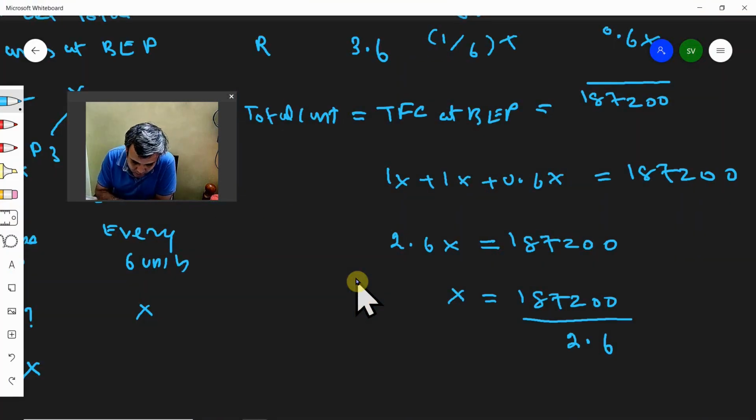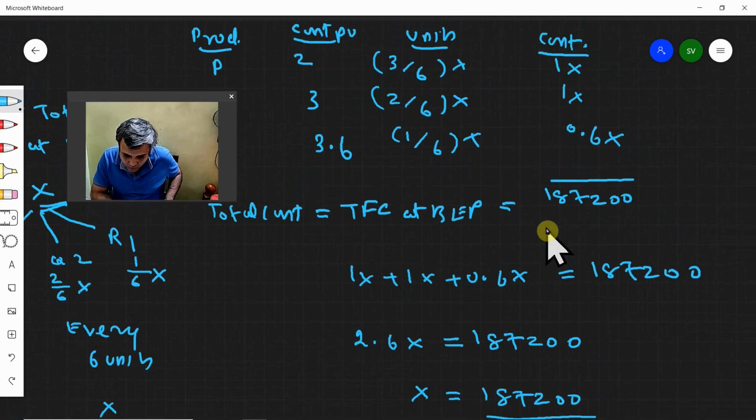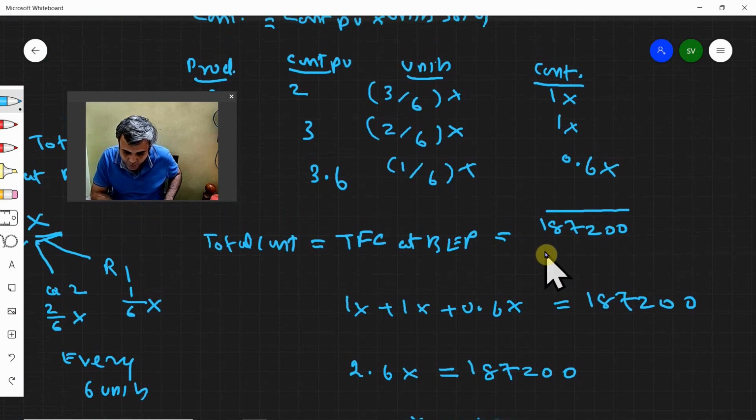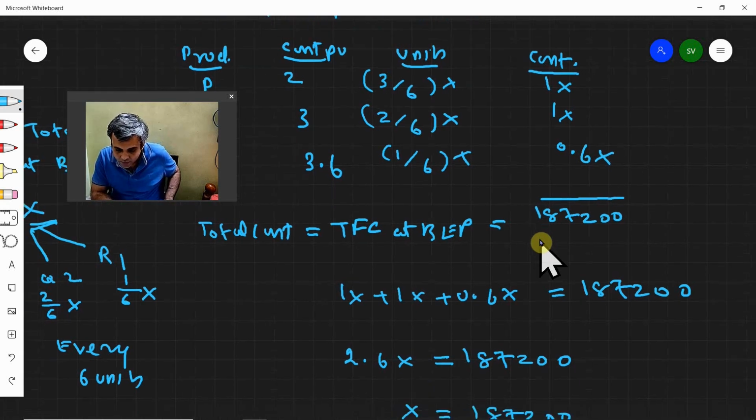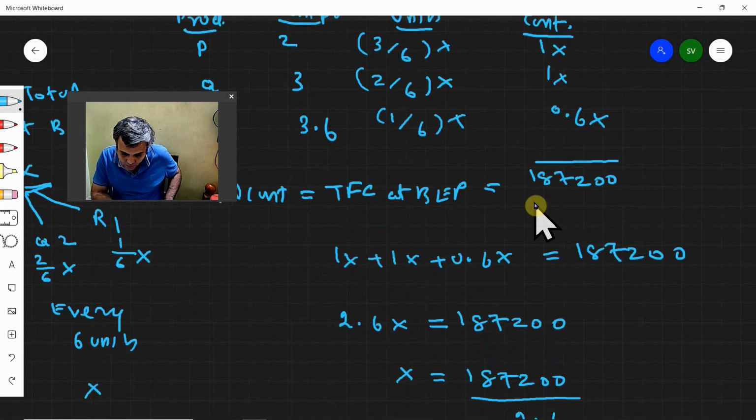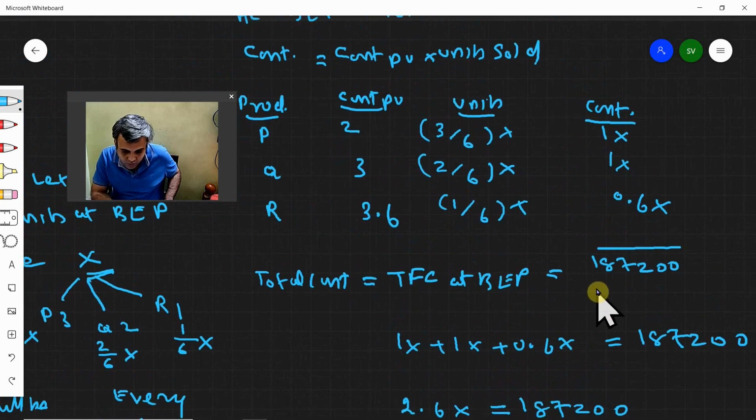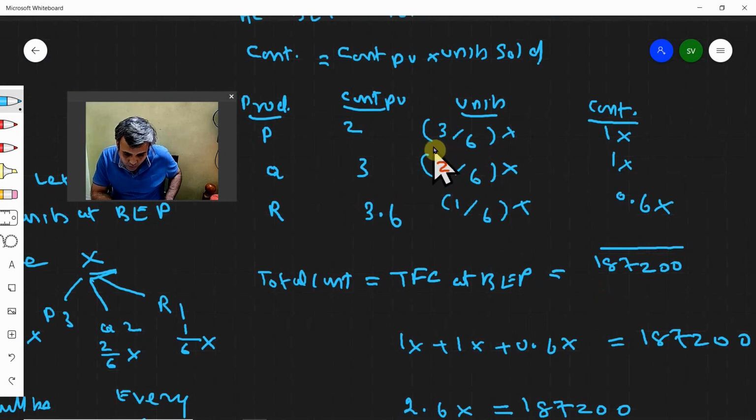See, here I have not given any weighted average. Did I do any weighted average? It was quite a logical solving that we did, so it automatically forms in place. Contribution and units defined: if you take total BEP units as x, obviously it gets multiplied by the product mix. So it automatically goes in the form of a weighted average.